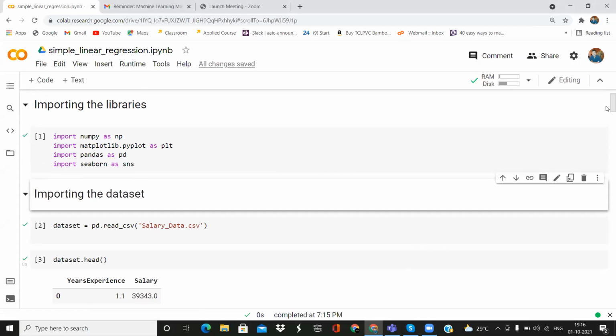Yeah, so are you guys ready? It's good if you follow along with me, that would be better. Before, we told you how to import libraries. Gradually you will know for yourself which libraries are used for what. So we will be importing NumPy, Matplotlib, Pandas, and Seaborn. As of now, there are other libraries which you will see later.